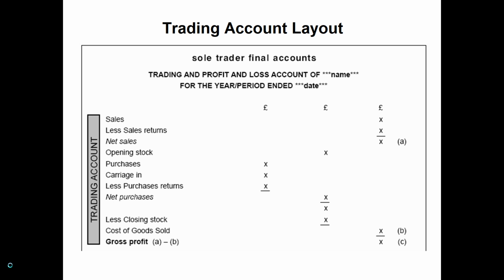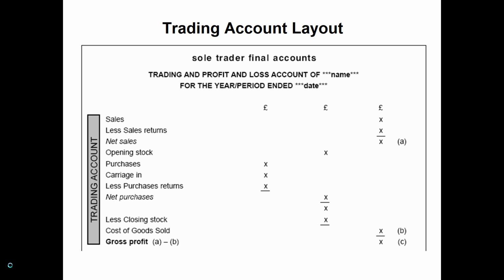unlikely that a business would actually sell all the stock that they had originally and what they bought during the year. In terms of general selling, we're always left with some stock at least left over. If you're doing business studies, it can be quite dangerous to sell all your stock, to run out of stock and disappoint loyal customers if they were to place a further larger order. So less closing stock is also a deduction, and that's coming away from the subtotal that is in that